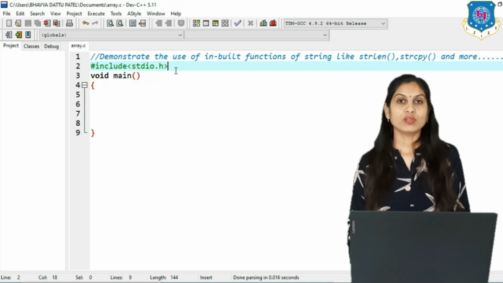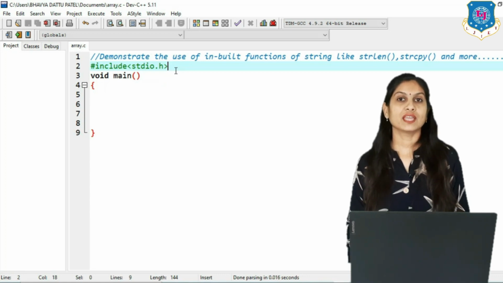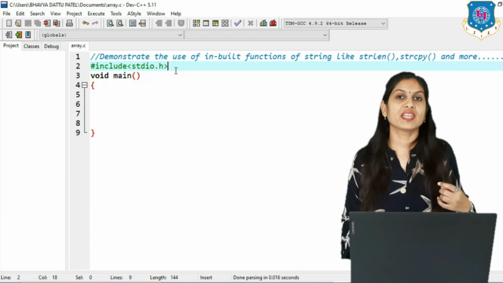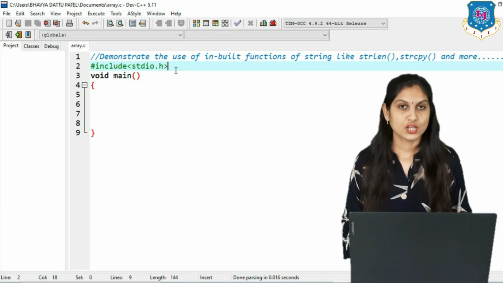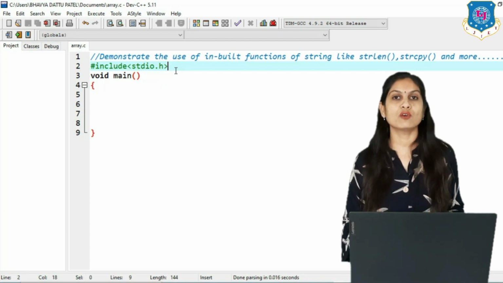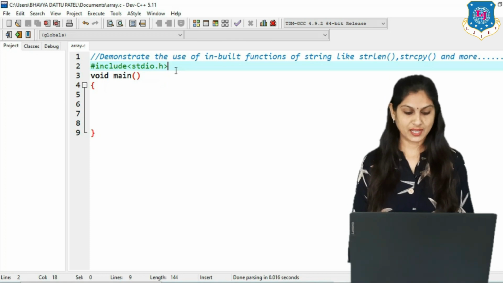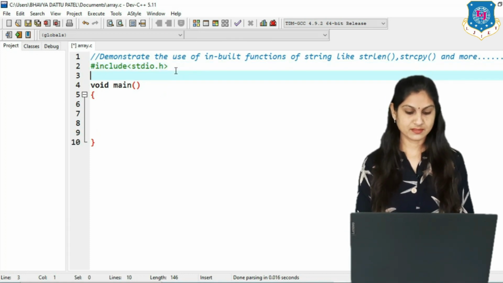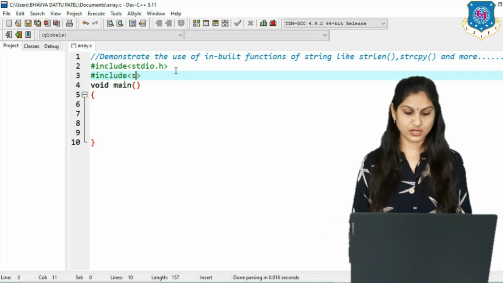Clear? Now if you remember, in our previous lectures we have seen all the functions, but which header file are they provided in? In string.h. So the first header file is always stdio.h, but now we have to include another header file, that is string.h.